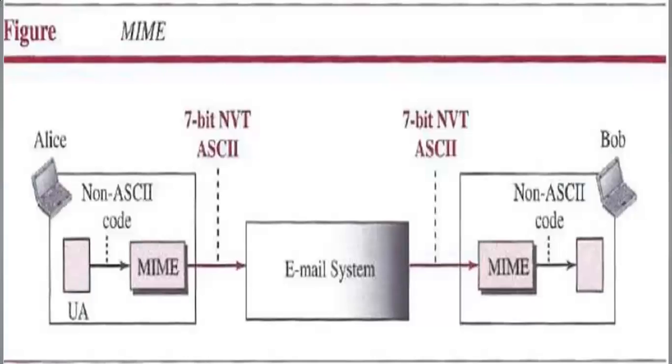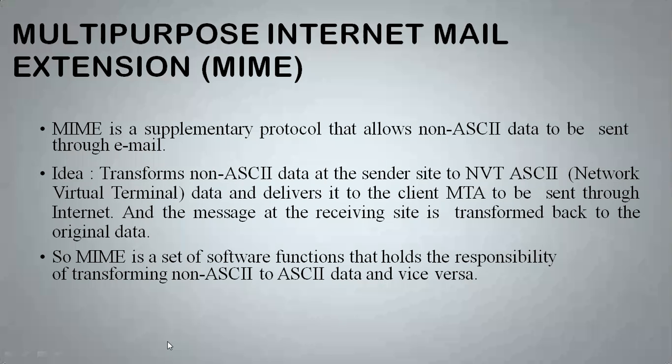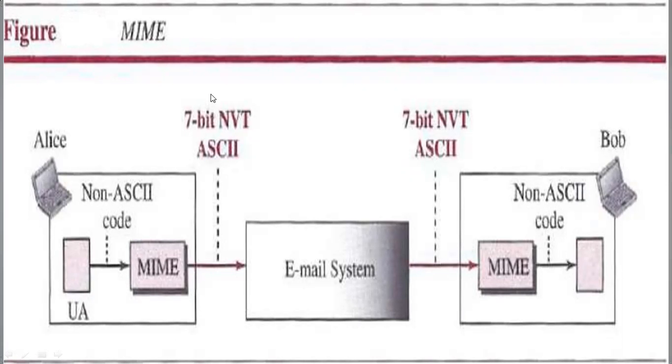The non-ASCII code sent by the sender is transformed to 7-bit NVT ASCII codes. MIME converts the non-ASCII code to ASCII code, then it is processed by the email system. Similarly, at the receiver side, ASCII code is